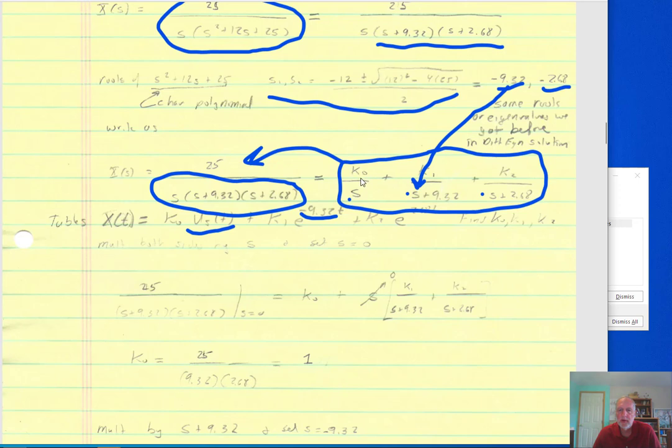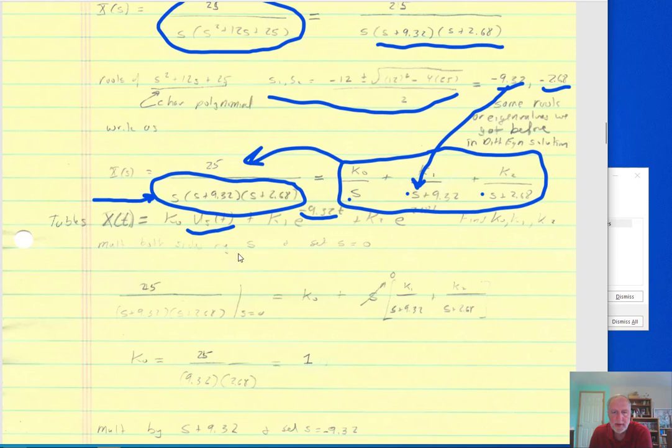How do we find out what these k values are? Well, there's a bunch of different ways. In differential equations, you probably multiplied both sides by the entire denominator and then equated equal powers of s, and I'll show you an example of that later on in part 2 of this lecture. A quick way, if you have individual factors like this with no repeated denominators, is to find this, k0, we